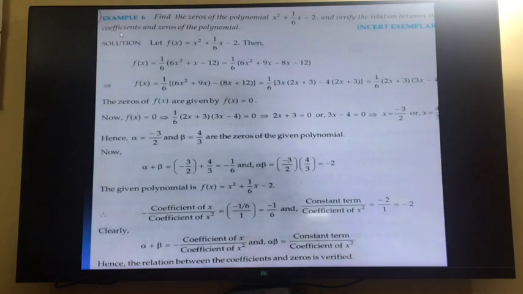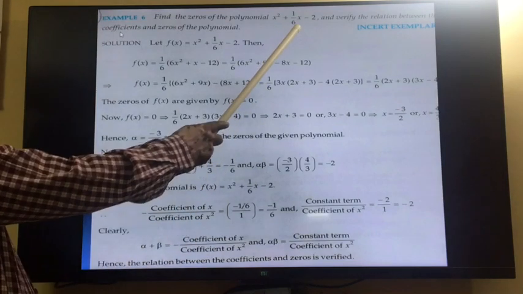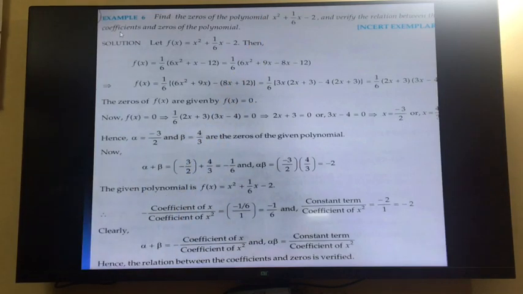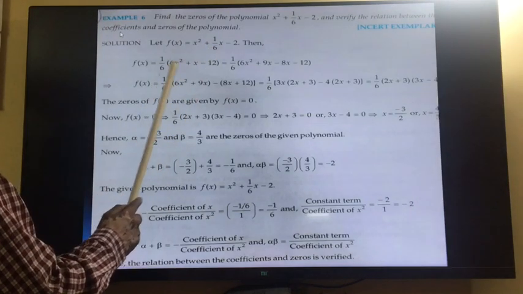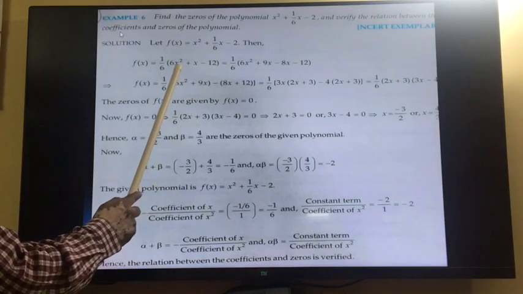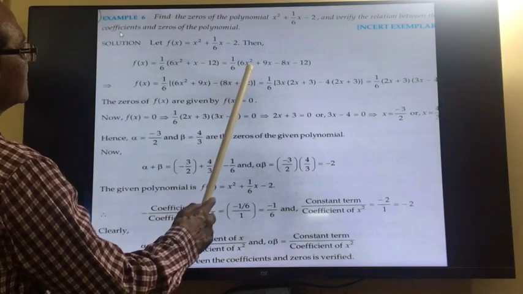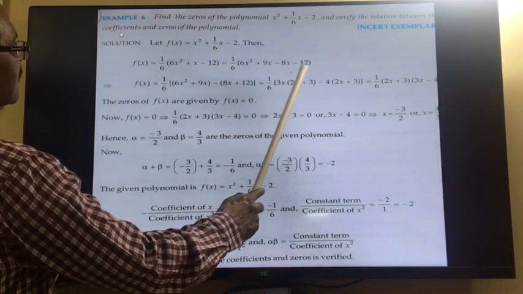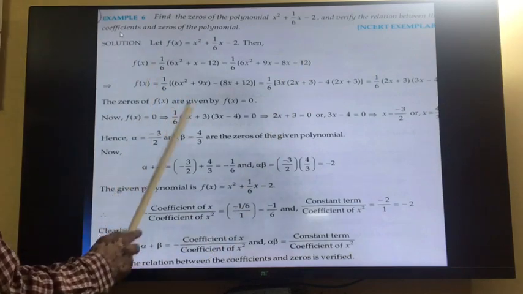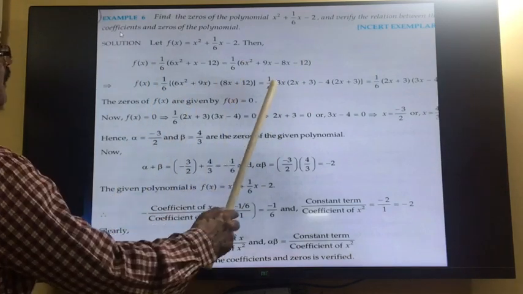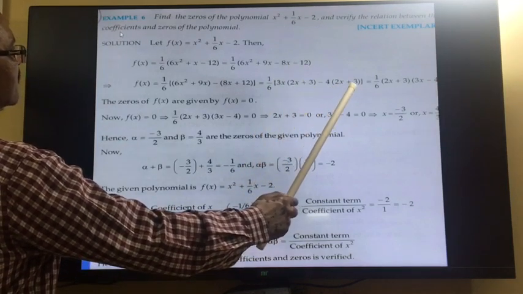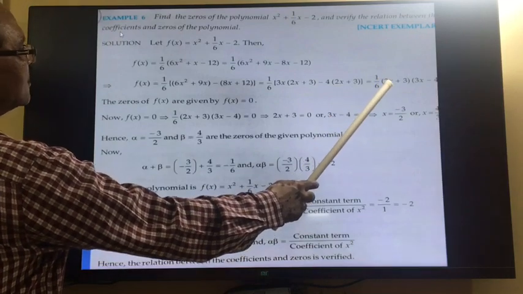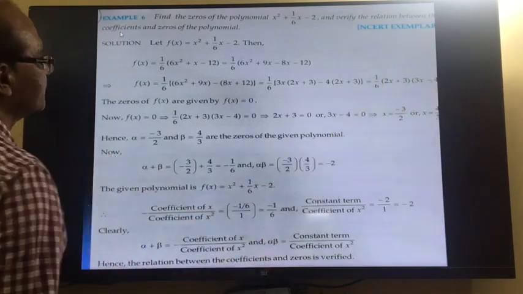Now see this question, this is also very important, it is also the same kind, but here some coefficients are in fraction form, that is why I have taken it, otherwise the method is same. So first of all we can take 1 by 6 as common, so this will be a quadratic polynomial. After this we will split the middle term, we will get 1 upon 6 into 6x square plus 9x minus 8x minus 12. From these two we will take 3x common, so in bracket 2x plus 3, and from these two we will take minus 4 common, so 2x plus 3. So we will get 1 upon 6 and 2x plus 3 into 3x minus 4.